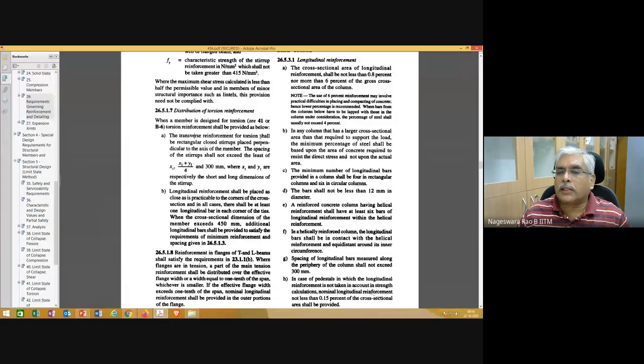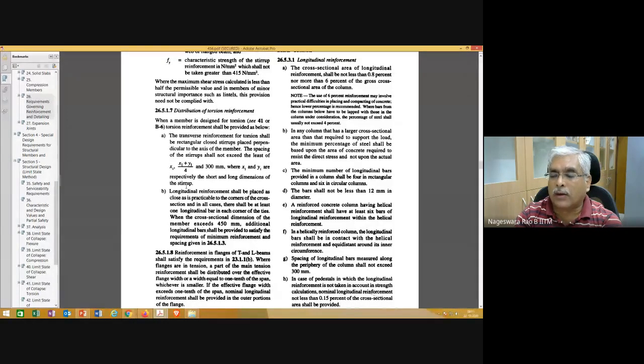Transverse reinforcement for torsion shall be rectangular closed stirrups placed perpendicular to the axis of the member, similar to the shear reinforcement for direct shear. Spacing of these stirrups shall not exceed the least of (x1 plus y1) divided by 4 and 300 mm, where x1, y1 are respectively the short and long dimensions of the stirrup. Please see the difference between x1, y1 and b1,